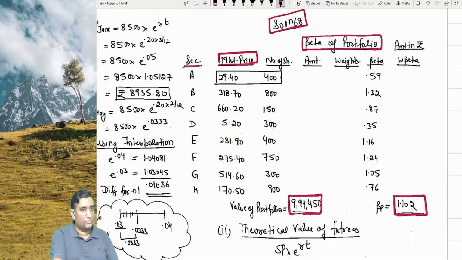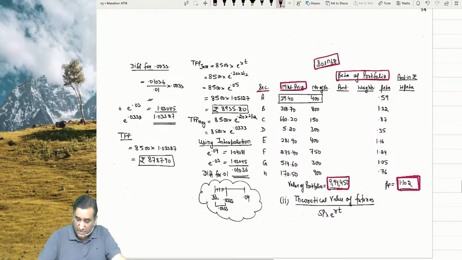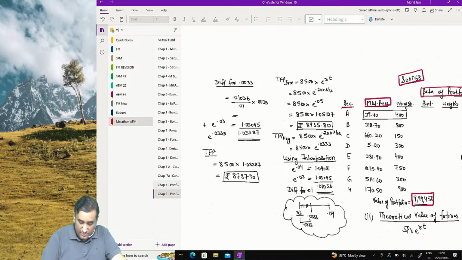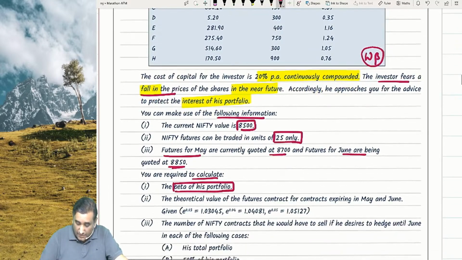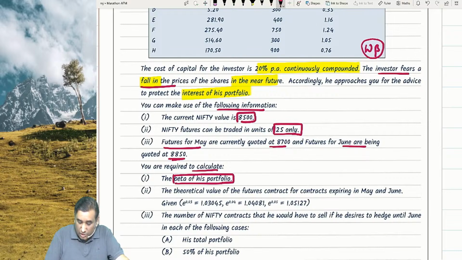And the first part is okay. It's 1.102. Now let's go back. Try to read this. The examiner has not given enough. For example, what he says: you are required to calculate, second part now, the theoretical value of